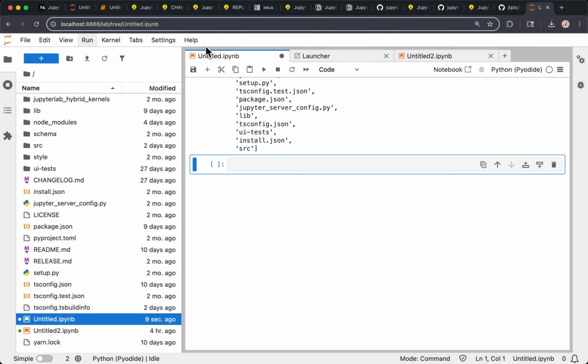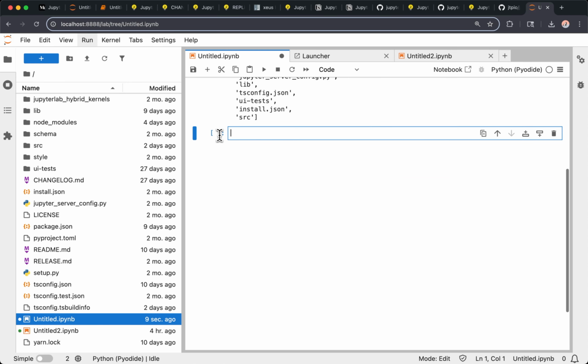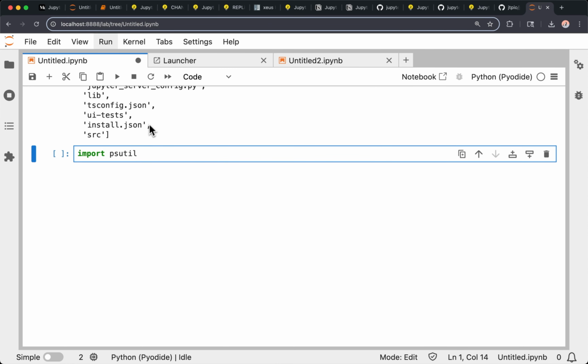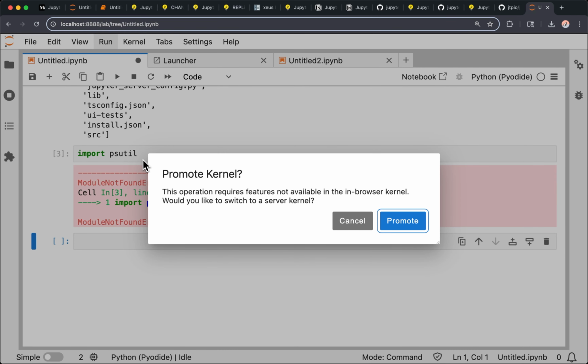And I was playing around with it the past few days. The UX is not there yet, but the idea would be if you try to import something like psutil, this is not available in Pyodide. Here, the extension that manages those kernels detects that there is a module not found error. So you can imagine having some kind of configuration somewhere that says, okay, if I hit this error for that particular module, you can have, for example, a mapping of modules you want to keep track of. You could choose to trigger this kind of kernel promotion.